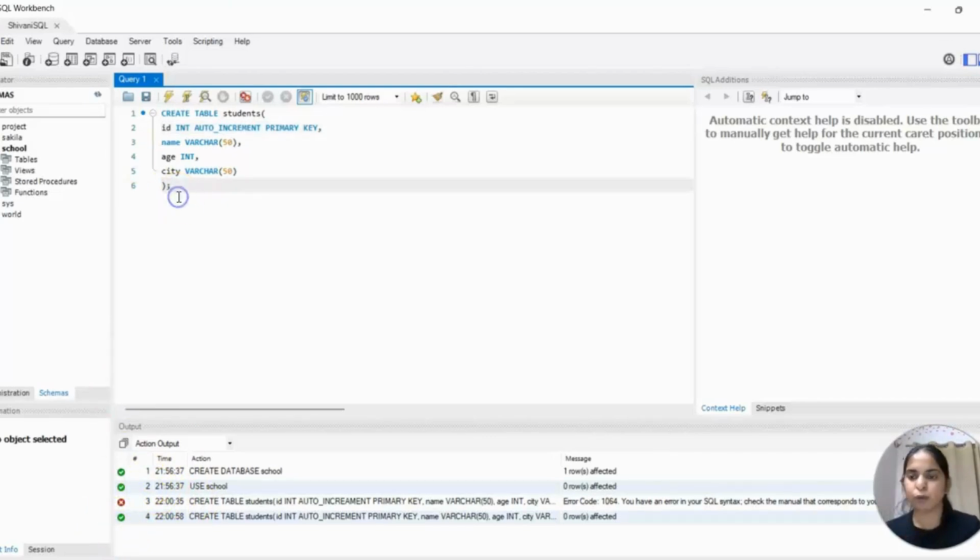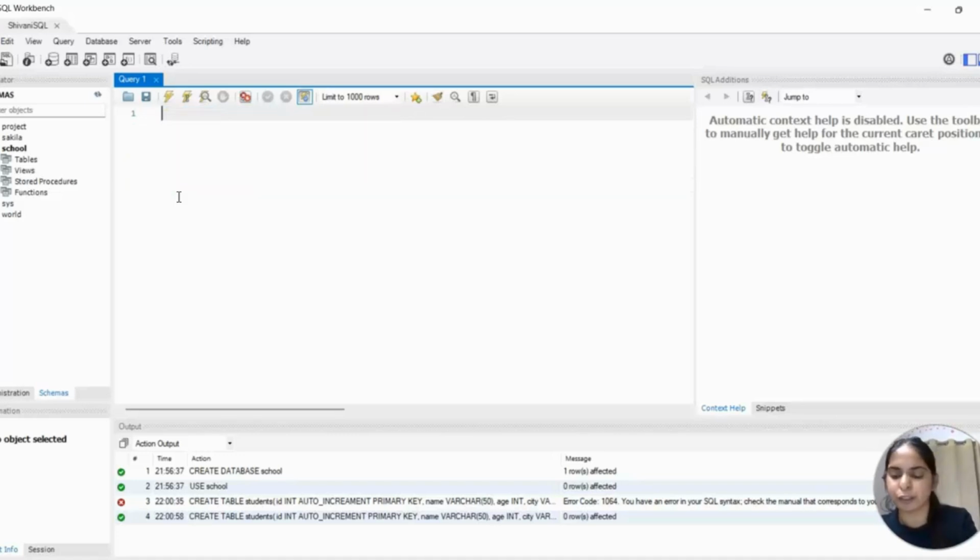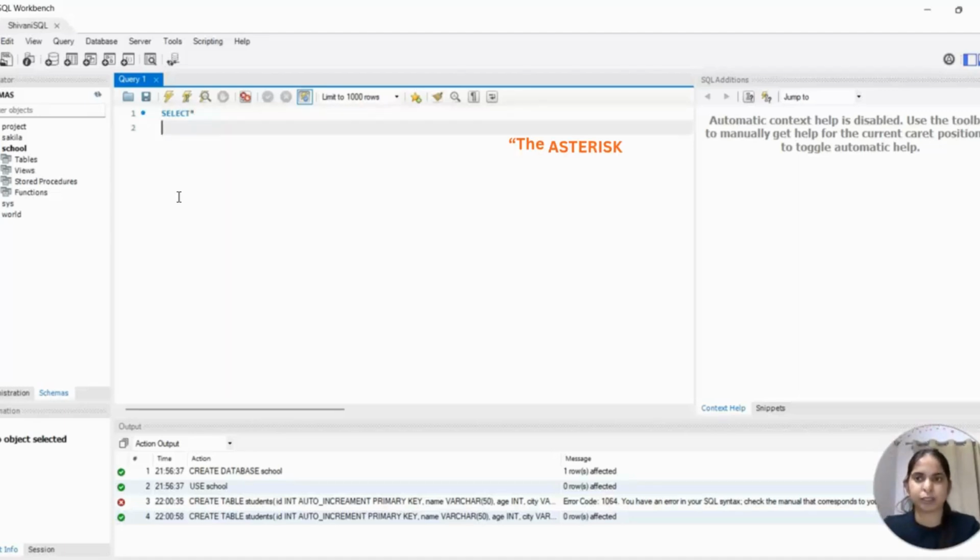Okay, now if you want to view the column structure, you can first remove this from here, and then you can write select all, asterisk. Okay, this is the asterisk. Why do we use asterisk?